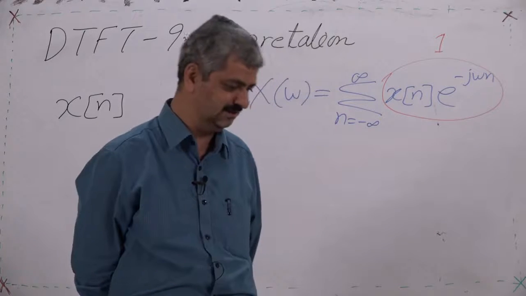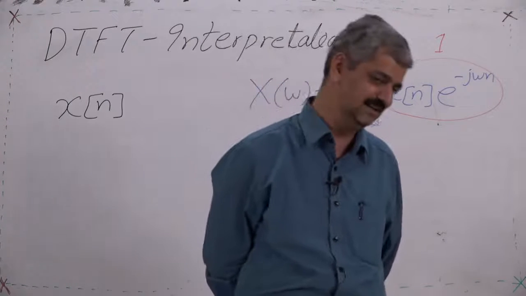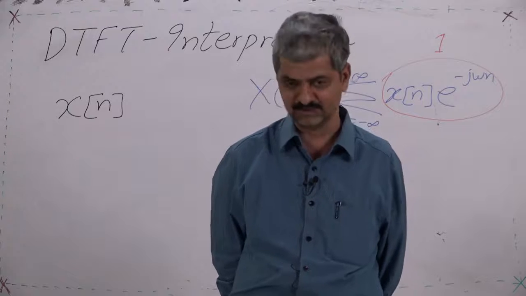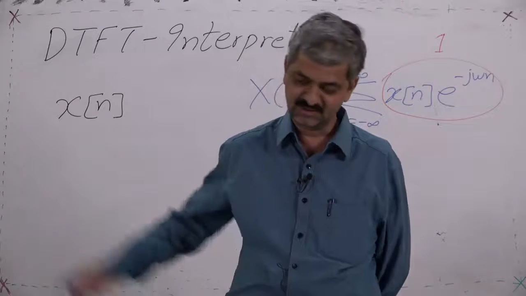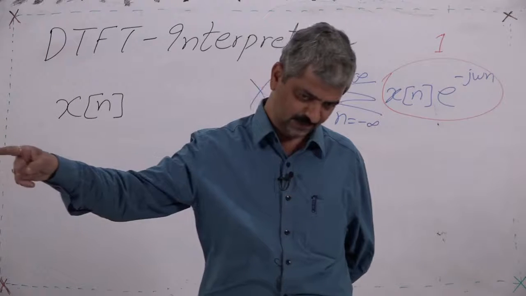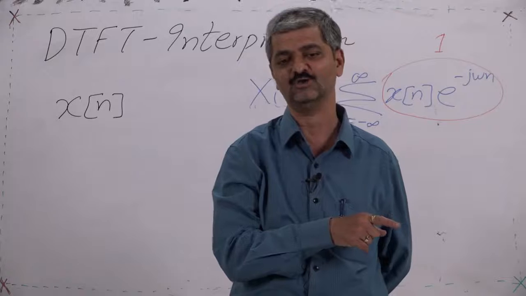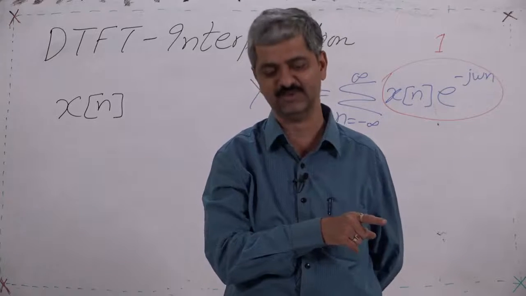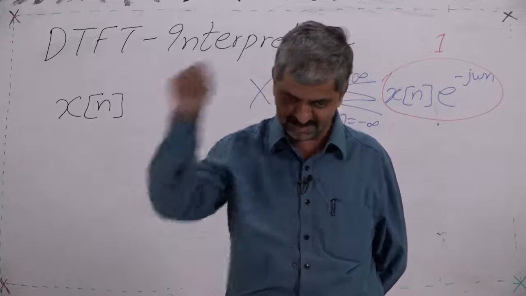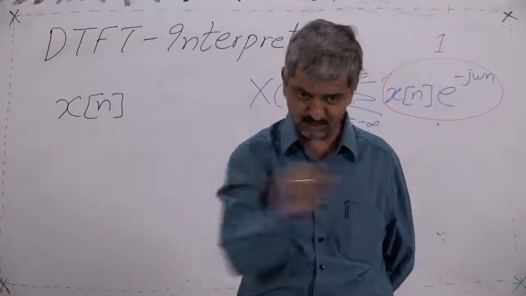A rotating point in the clockwise direction and a rotating point exactly in the anti-clockwise direction, when they add together, if they start from 0, what do you get? You get the point moving on the x axis. A rotating point cos omega n plus j sin omega n and cos omega n minus j sin omega n add to 2 cos omega n. So rotating point 1 and rotating point 2, its image, the complex conjugate, when they add, you get a one dimensional point, which moves only on the horizontal axis.